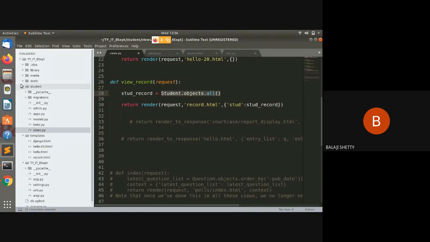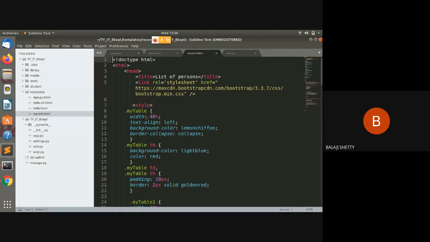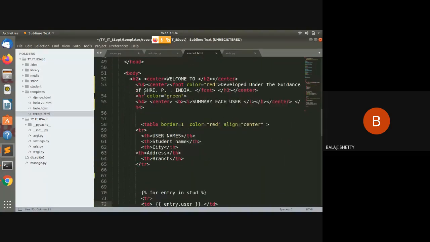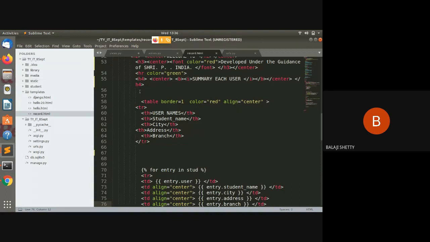So record.html, where is that record.html? In templates. Okay, so this is simple HTML code, you already know HTML tags. Okay, I'm not explaining anything. I will add CSS. Now here, what are the column names? You know the table tag. Okay, table header, table record. So what is the first table? User names, student name, city, address, branch. Okay.